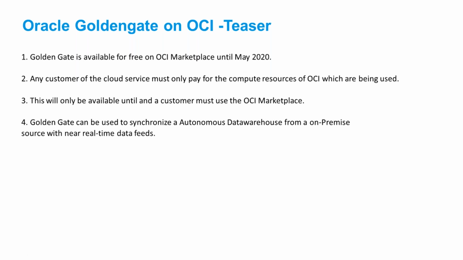But yeah, still you can use Golden Gate for on-prem, or you can use Golden Gate on cloud. The way Golden Gate works remains same. So Golden Gate on OCI or on-prem, you can use different options like Classic or microservices. If you want to use it on OCI, you can provision your Golden Gate Classic or microservices, whatever you want to use. Okay.